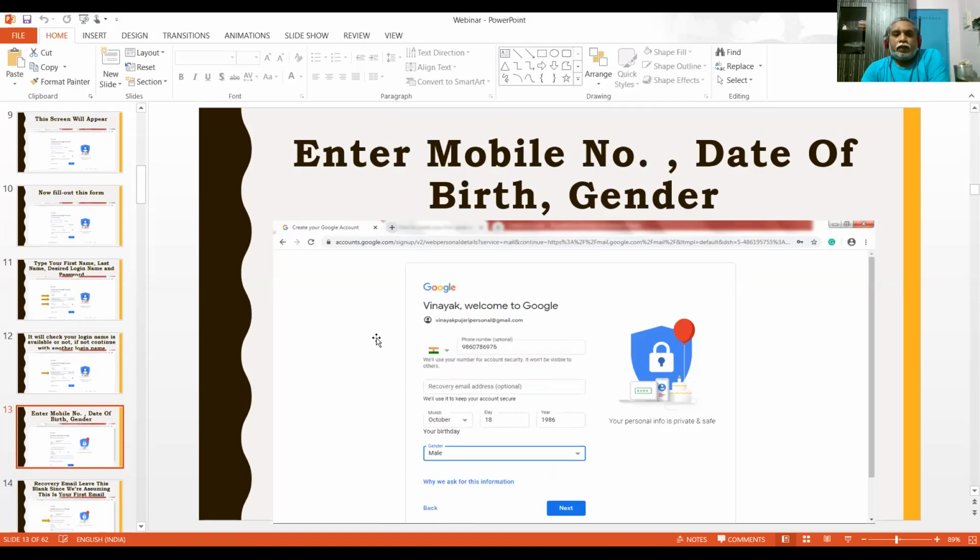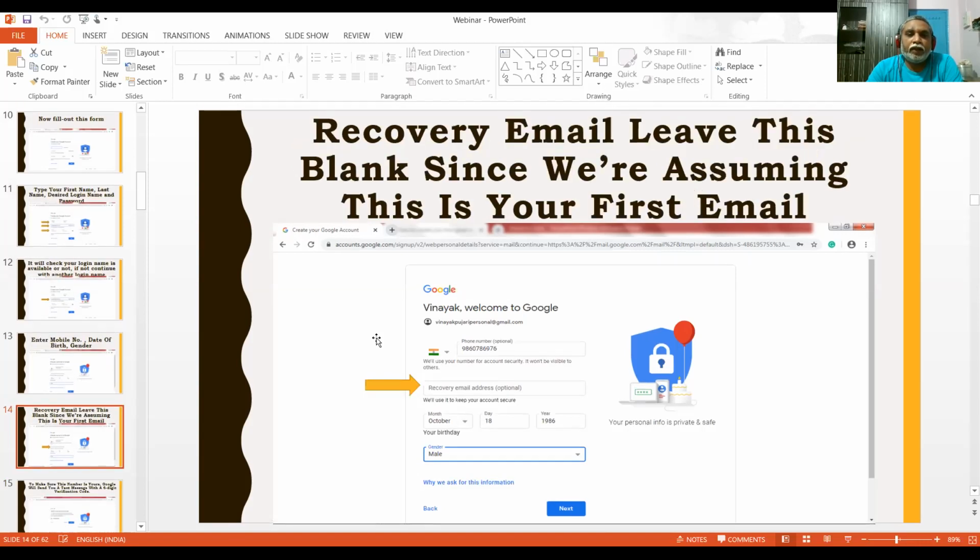When you create your email ID, you should be 18 years old. You cannot create an email ID before 18 years of age. That's why it checks your birth date. After that, you select your gender, male or female.